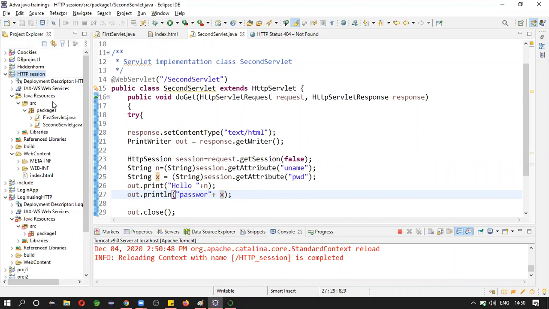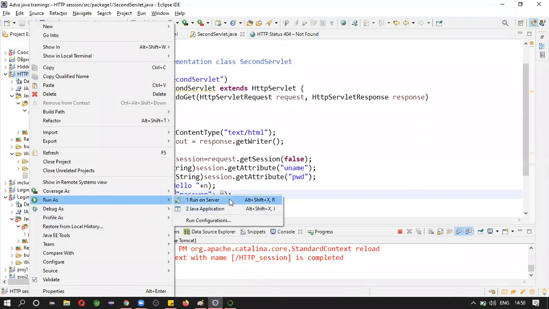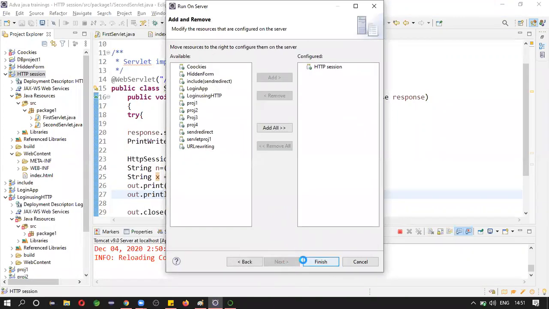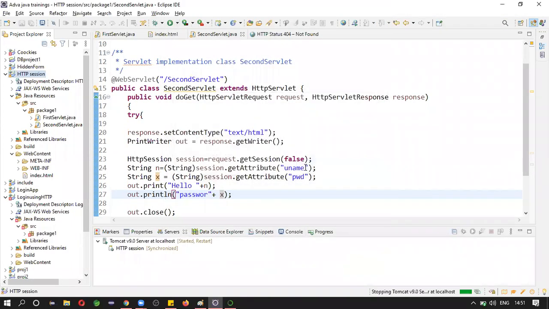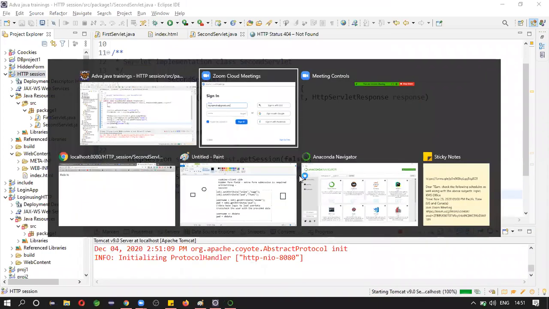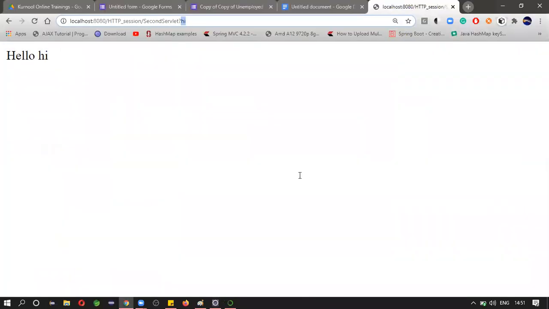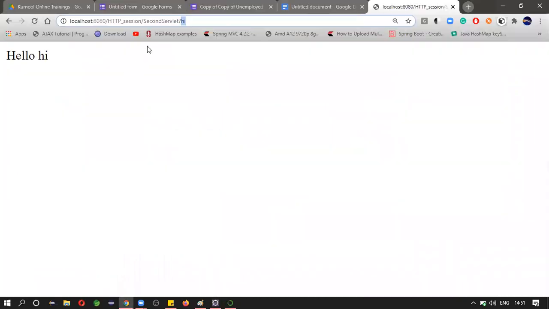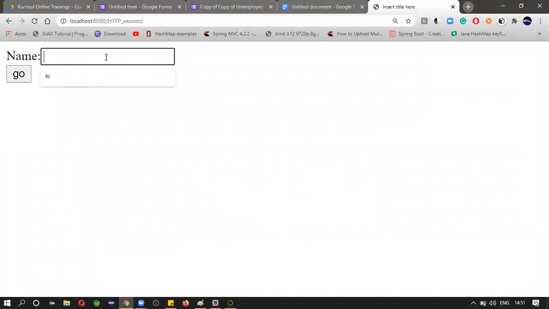Now let's try. Restart the existing application. Server is started. Okay. So let's go.